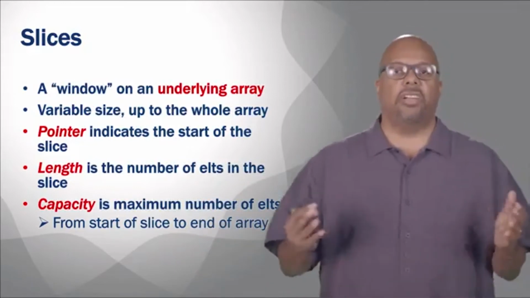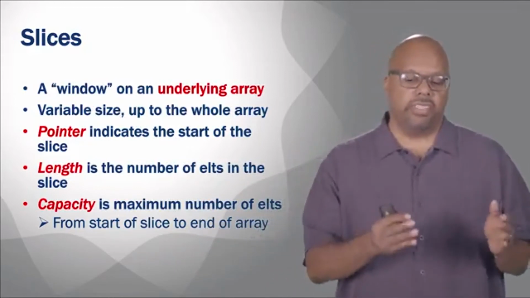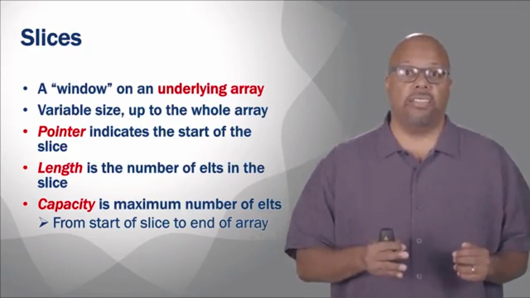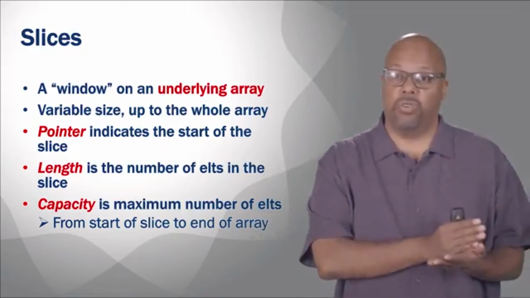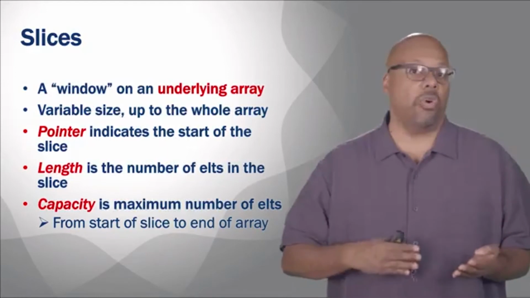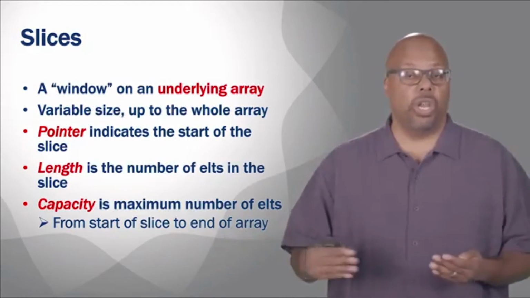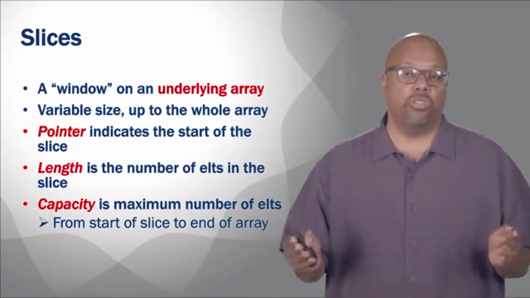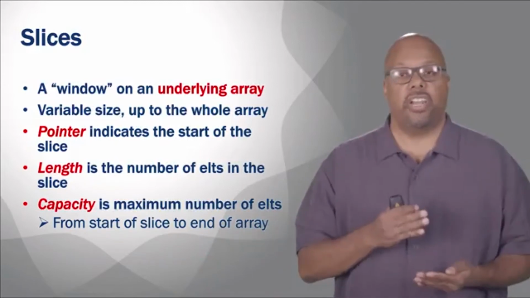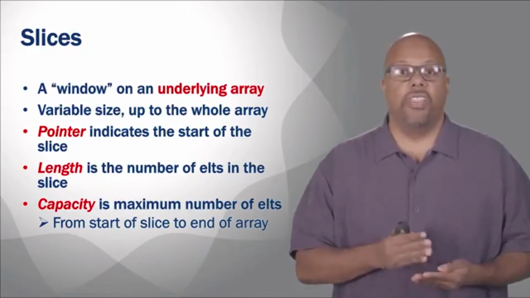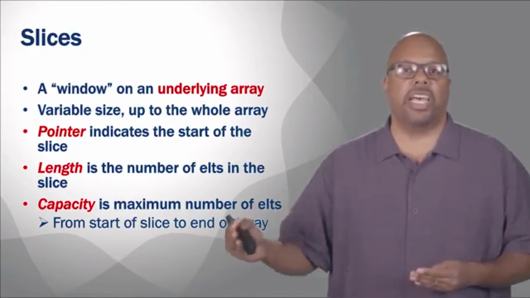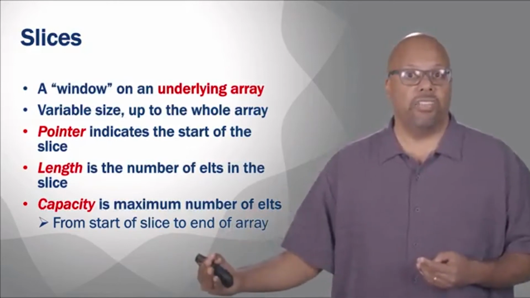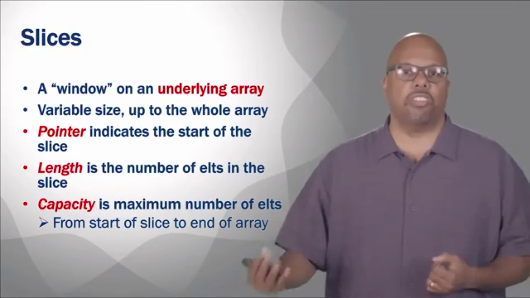So for instance, say you got an array of size 100, you got a slice of size 10. You can increase that slice's size. Say the slice starts right at the beginning of the array. You can increase the slice's size all the way to 100 if you want to. So it has a capacity of 100. But say you got an array of size 100, but this slice starts at array index 10, right? Then it can only be increased to size 90 because by then you reach the end of the array. So the capacity of that slice is smaller.